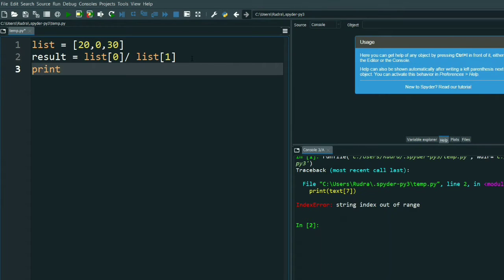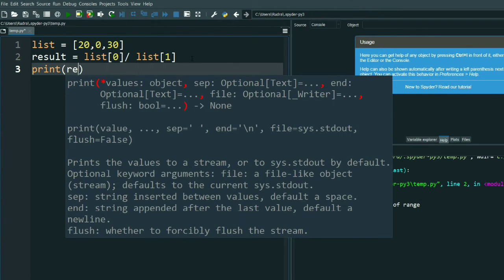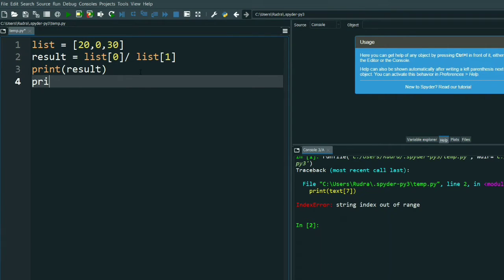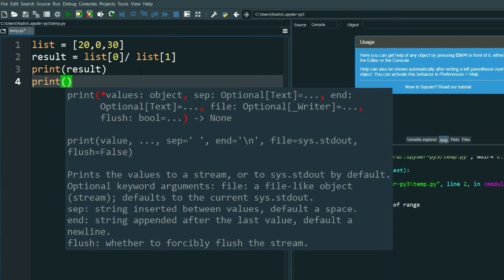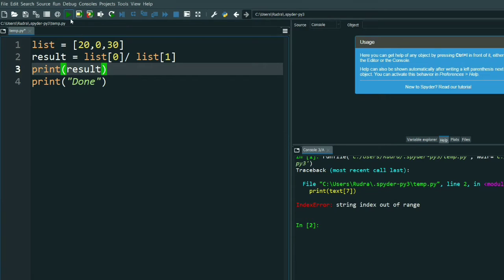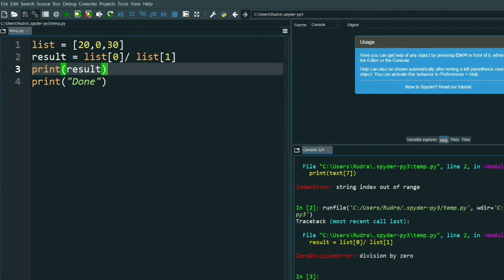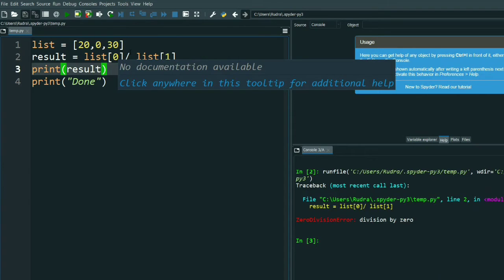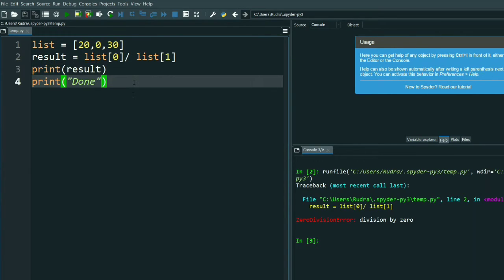Now what will I print? I will print result, and then I will print done. Now let's see what's the output. See, again a zero division error because 20 can't be divided by 0. I have given list 1, so it can't be divided by 0.